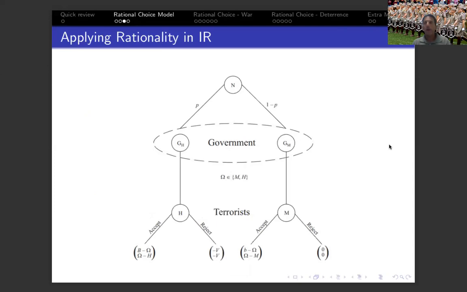The rational perspective in IR views the behavior of international actors as intended to benefit their own interests, and any outcome is actually a result of a bargain between two or more actors, each trying to maximize her own objectives. So under this kind of prism, each political interaction is actually a game in which every relevant actor will behave in a way that's going to best accomplish their goals.